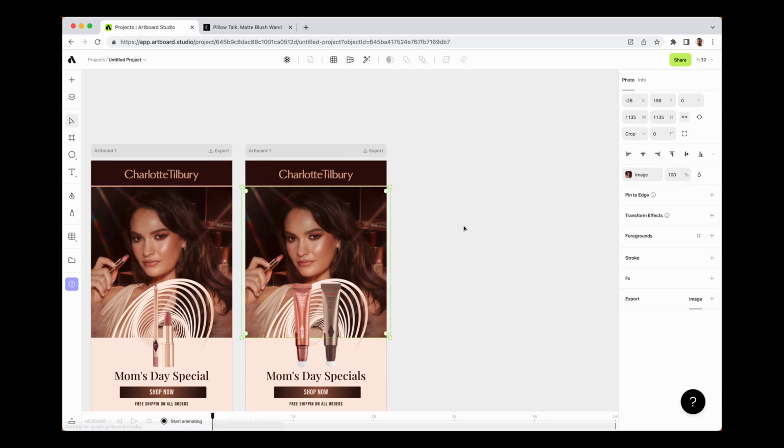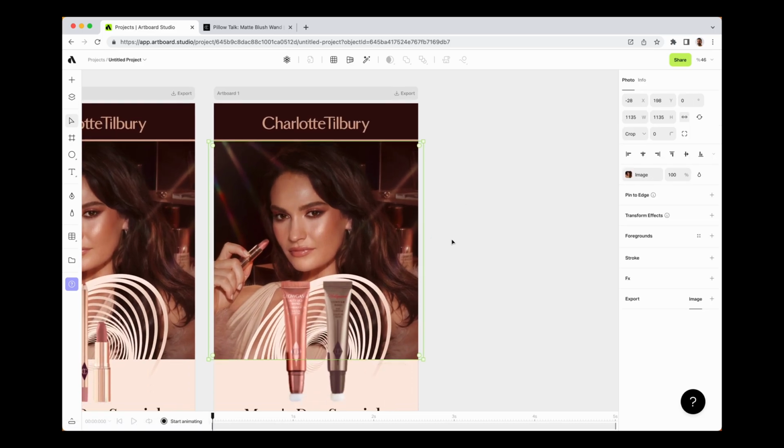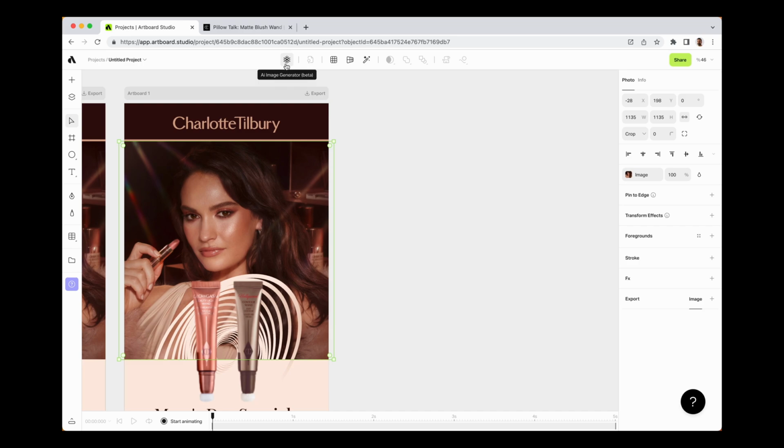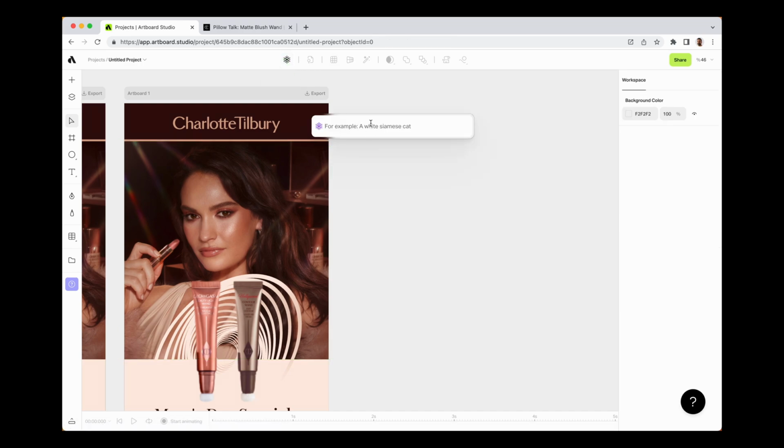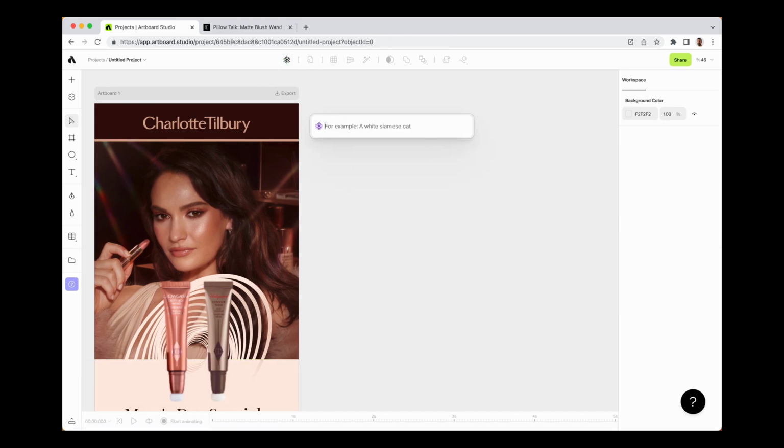Let's say instead of a background photo here, I want to generate something. So I'm just going to do AI image generator here and just simply putting my prompt. I was asking for an abstract blurred because I want a blurred background to show my products better, and bright, because my product has a bright background, blurred and bright background